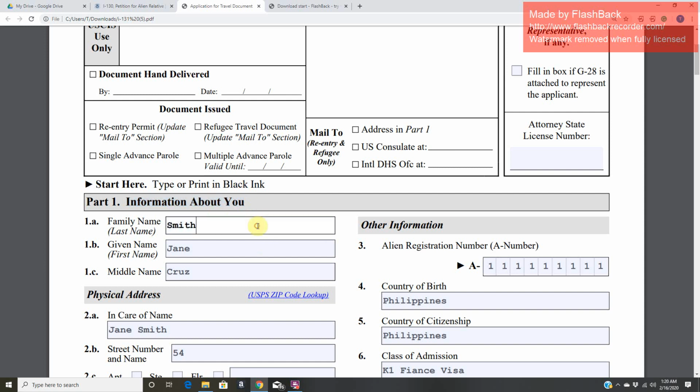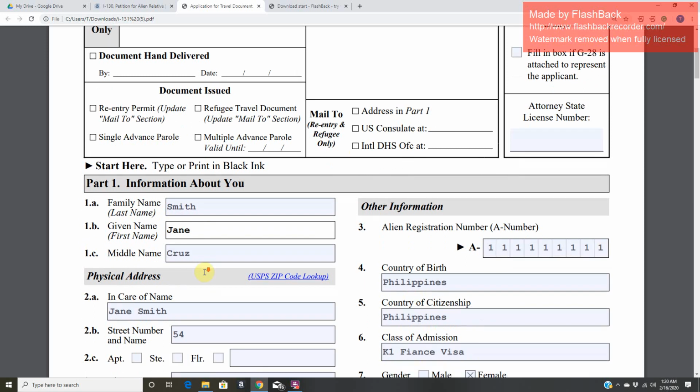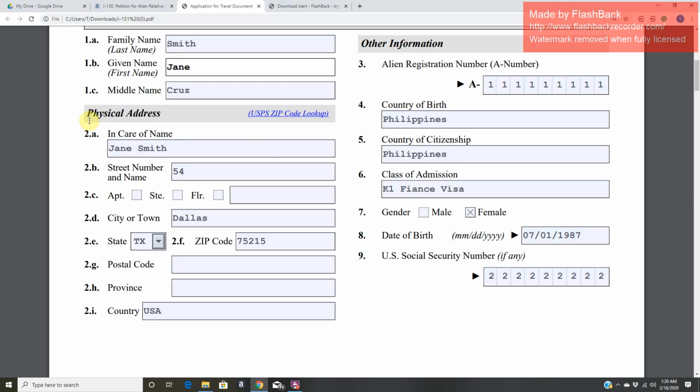In this part, you are going to write down your married name. So in my case, my last name is Smith, my first name is Jane, my middle name is Cruz. Physical address and care of name. So in this part, I write down my name so that when the USCIS sends me mail, they are going to address that mail in my name. My street number,